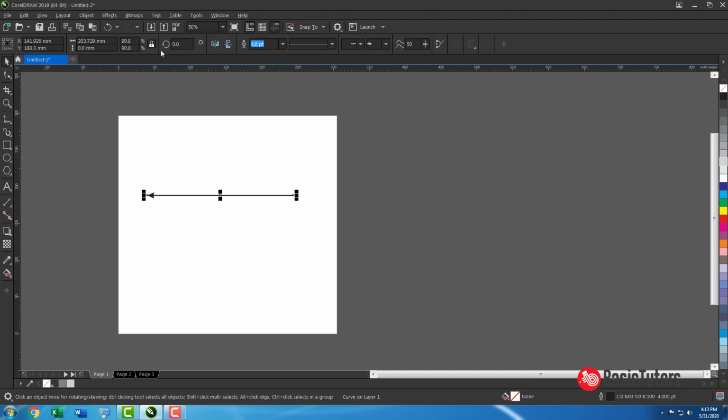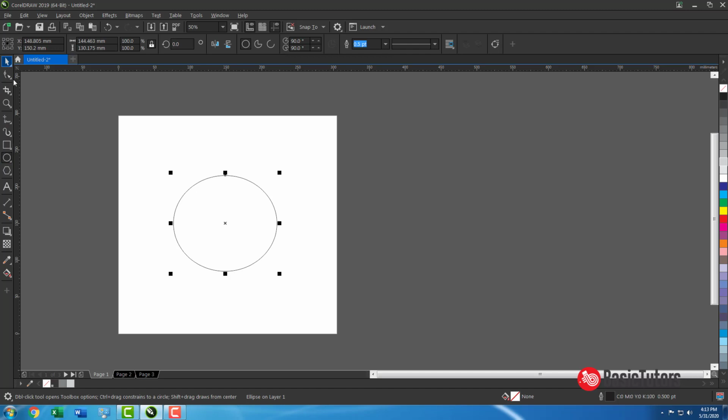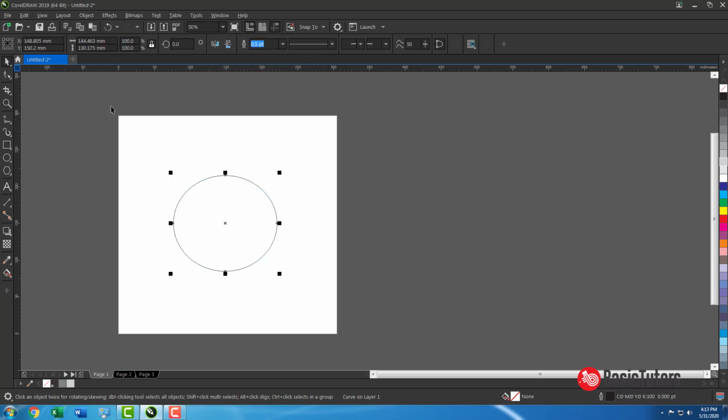Then another thing, this is for extracting a subpath. Why do we need to extract a subpath? If you select two nodes, before that you need to break the curve.